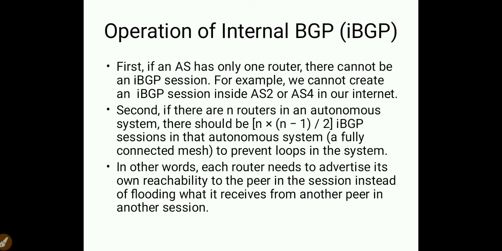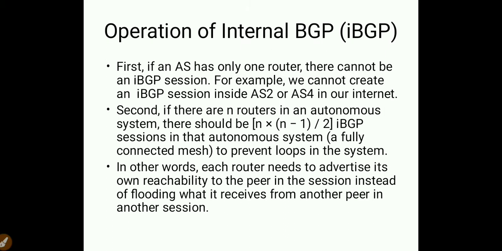Is this clear? Think of an external third party or neighbor who wants to communicate with you, but is not a family member. They will communicate through a family member. That is called eBGP. The family members must have a strong bond among all the persons in the family, and only then will they forward the message to the person it is directed to. Is this clear? So for that purpose we go for iBGP.